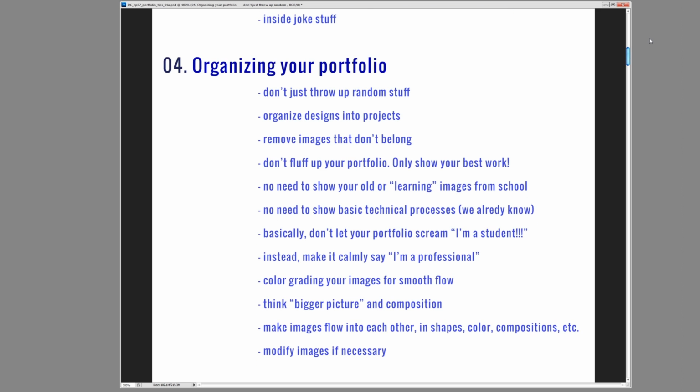Next, remove images that don't belong there. Sometimes you might have a one-off image that you did for fun or for a particular project, and it just doesn't belong anywhere in your portfolio. In that case, just take it out. Related to that are images that you might like, but your friends and the industry people tell you it's not good. You should probably take that out as well. Sometimes artists fall in love with their own work,